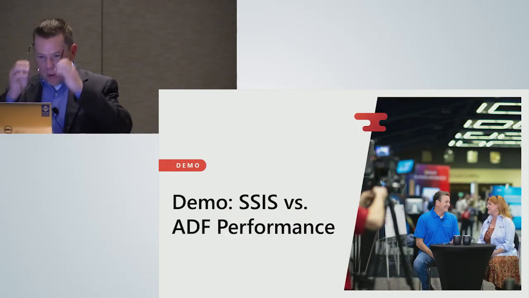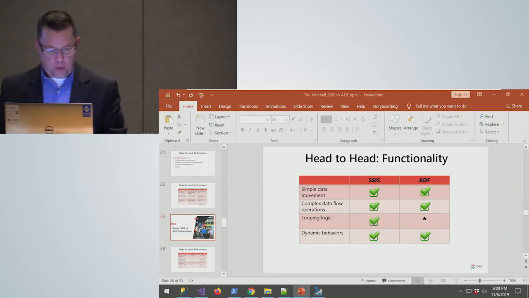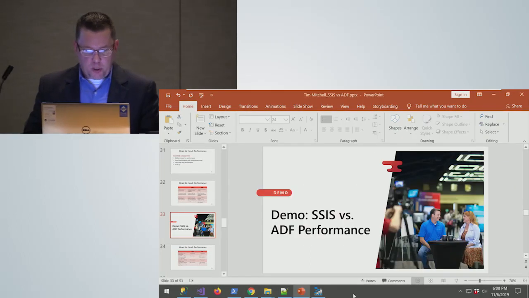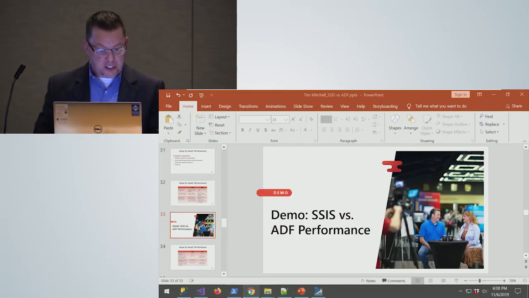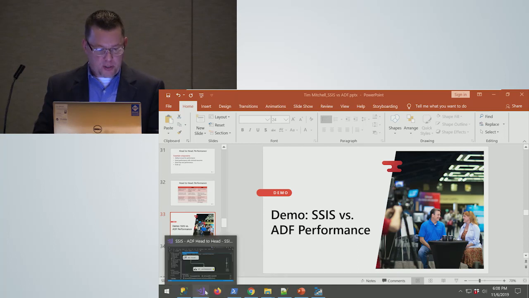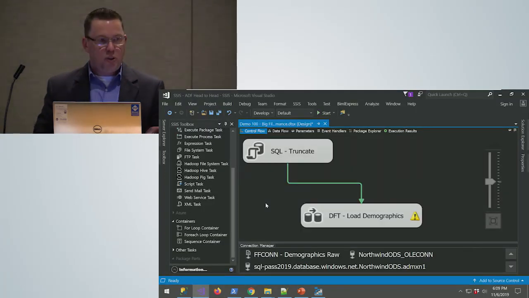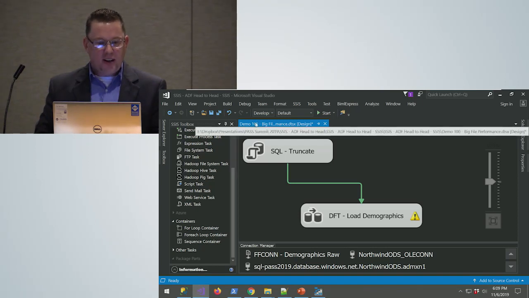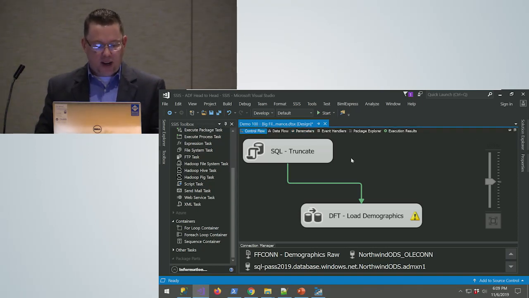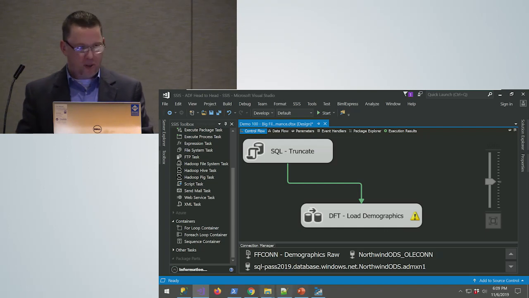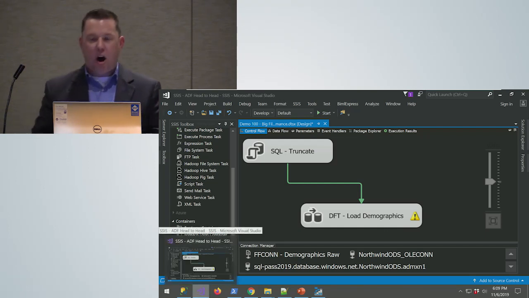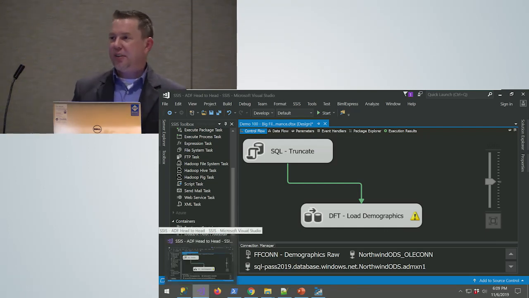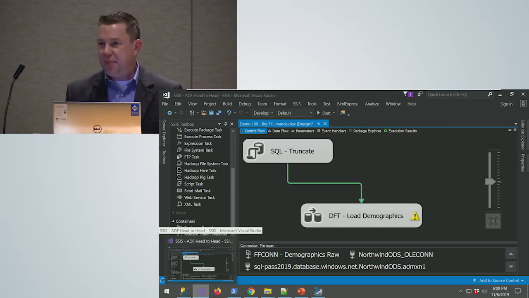So let's talk a little bit about performance, or I'll run through a demo on performance real quick. Some of these things run fairly slowly, so I want to show you the results of what we found here. And I'll show you the actual metrics when we're done here. So on one of these demos, I've got a big file that loads about 1.3 million rows of data. Now, if we were talking about on-prem to on-prem, this is something that's going to run in a matter of seconds, maybe a minute, if we're doing minimal transformations.